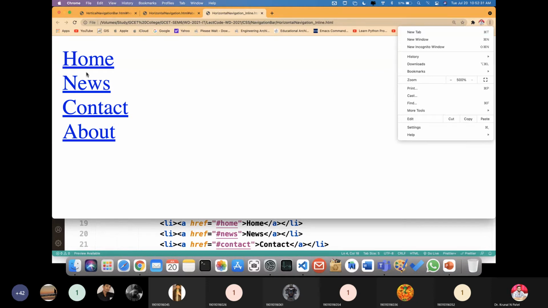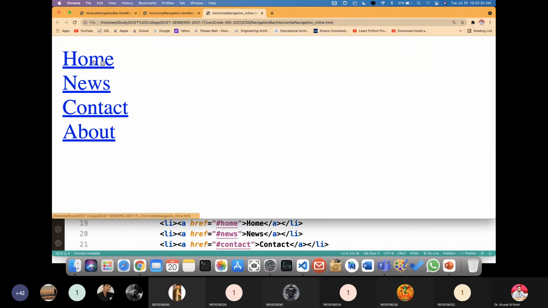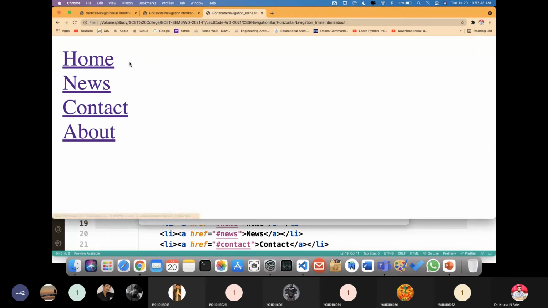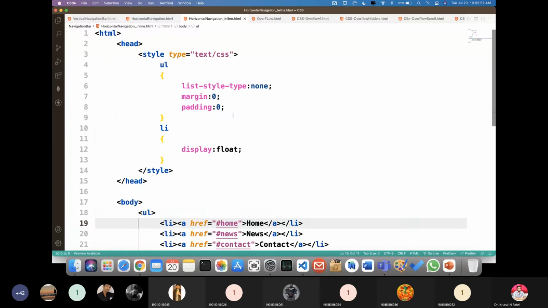Why is this underline coming? Because I have not set the text decoration property to none, right? You can see I have kept it default. But what I want to show you is that whenever you go for display equal to float, then it will be displayed like this as usual. Now suppose if I want to make it horizontal, then instead of float, I can go for inline.